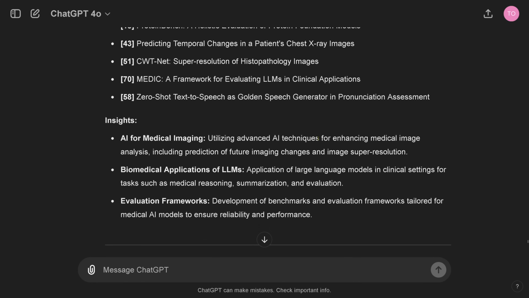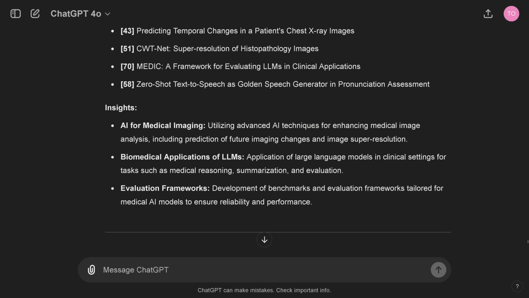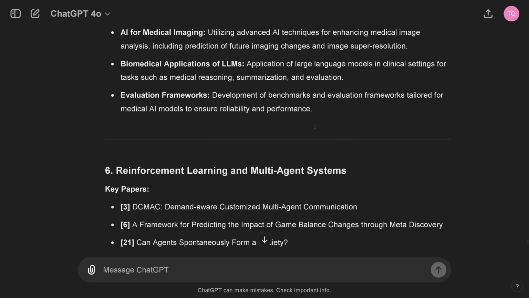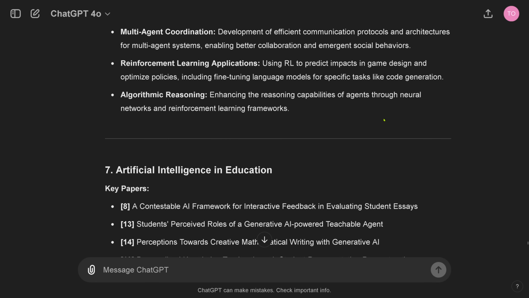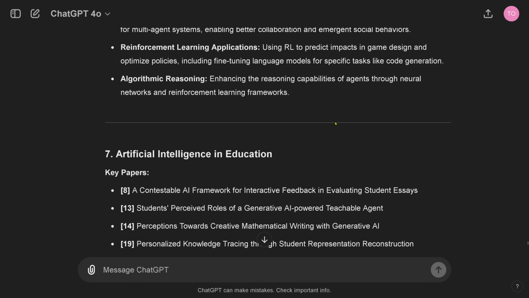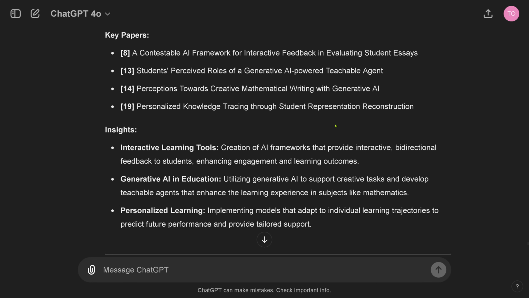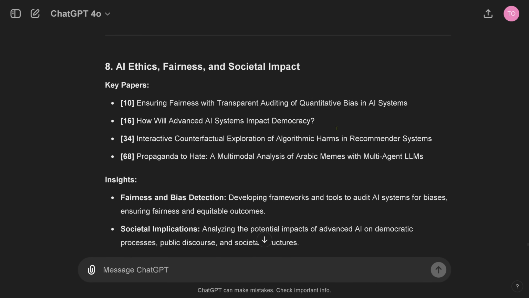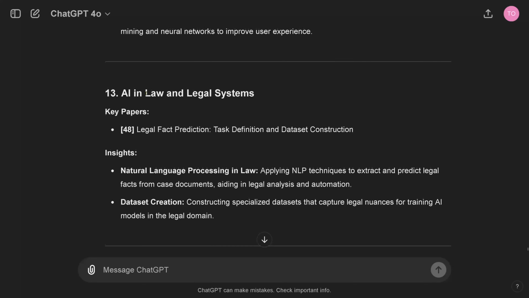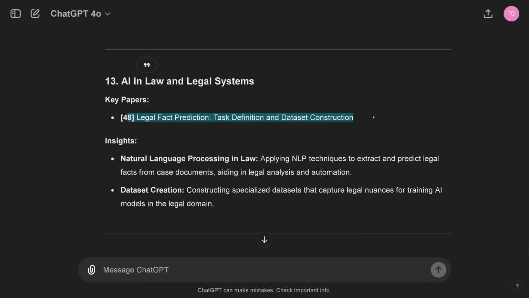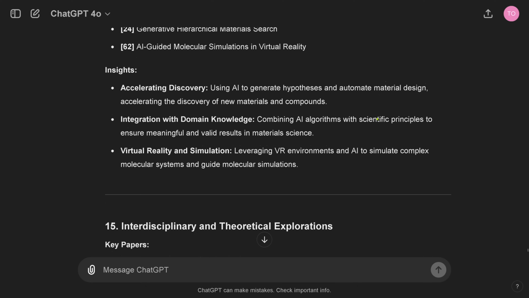But the wording, and I asked then GPT-4 Omni to compare the exact wording of both answers of Omni 1, and there were modifications. So it absolutely integrated the content in the cluster, and the cluster description changed a little bit, but really nicely done. So you see, this is the new answer. This is the new cluster topics if you want. But again, AI in law and legal systems, we only have this paper here on the legal fact prediction. Also in the new papers, there was nothing about legal. So really, really nice.